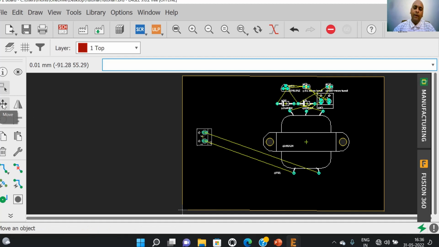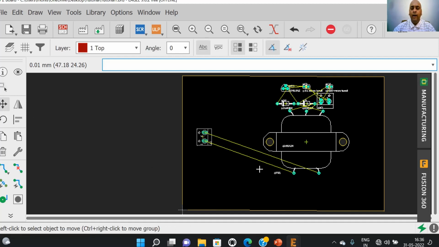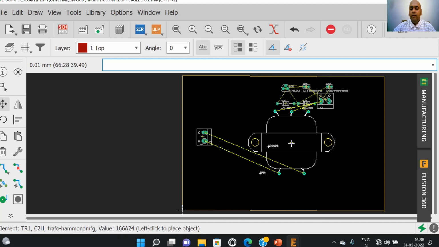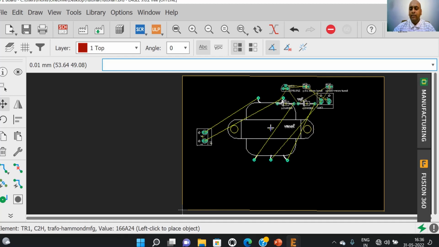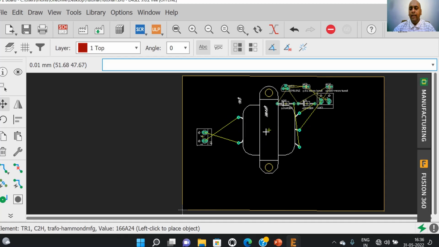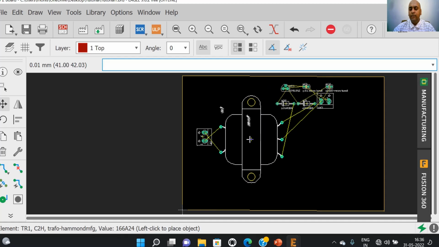Then by using the move command, we can move, and by using the rotate command or by using right click, we can change the orientation of the components in the board.